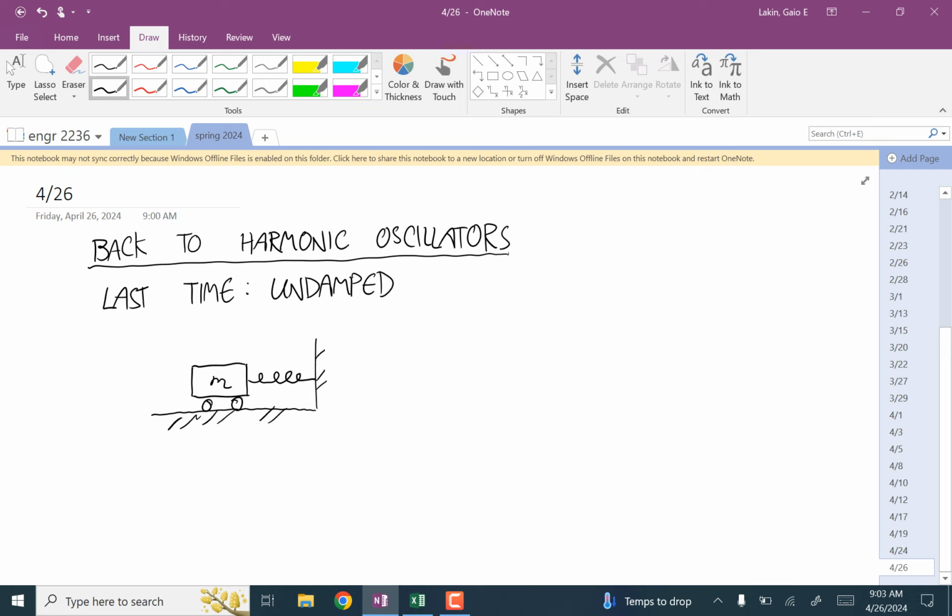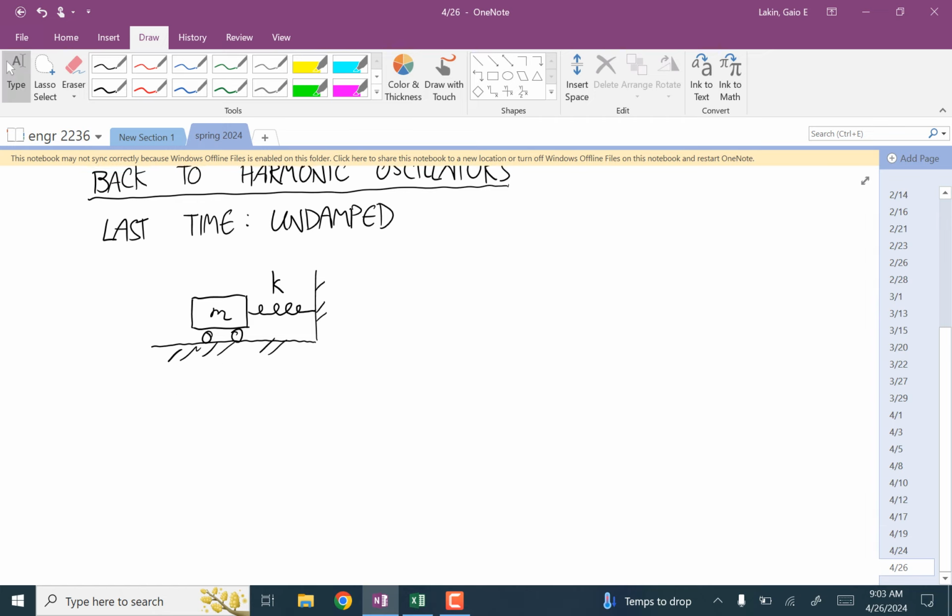But everything that we calculated works at any orientation. So this could be a hanging mass oscillating on a spring. All that matters are the spring constant and the mass, okay? So the frequency or whatever, the plot, if you plotted this over time, it would look exactly the same, no matter what the orientation is. Okay. And what we got for this was,